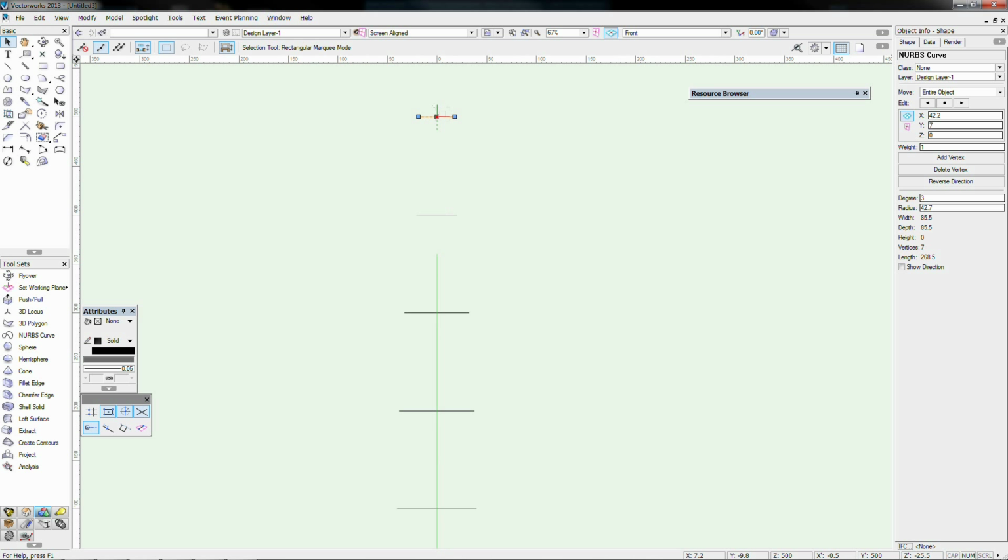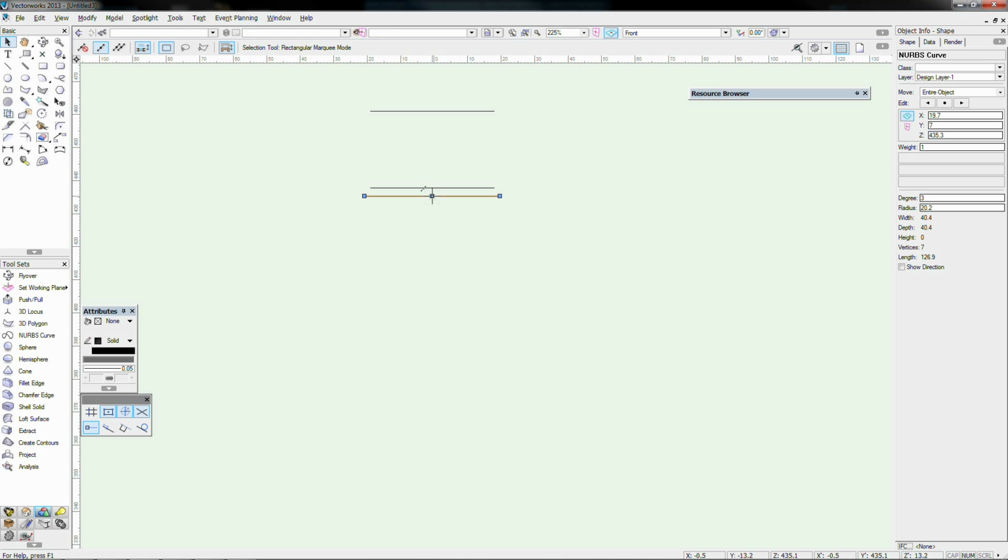So I'm just going to bring this one down a fraction, somewhere about there. I'm going to hold down my Control key and copy that. So I'm going to say that's about the height of my lid. Then I'm going to bring this up to here, and I'm just going to nudge that a fraction to there. I'm going to copy that, paste it in place. I'm allowed to use the nudge tool because this is an example. Somewhere down to there,